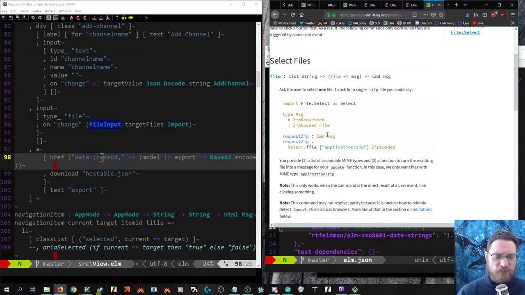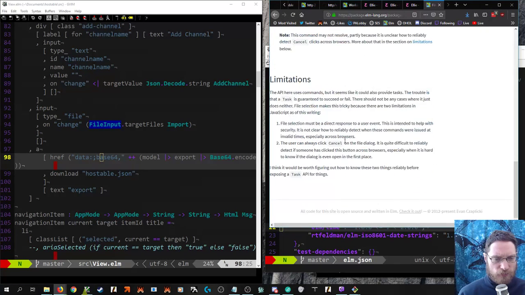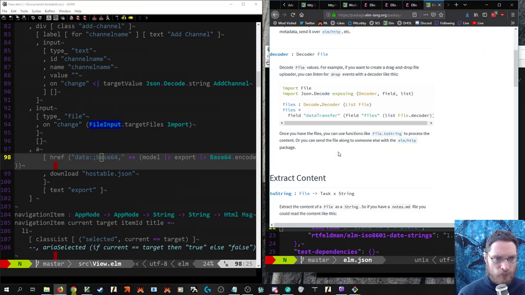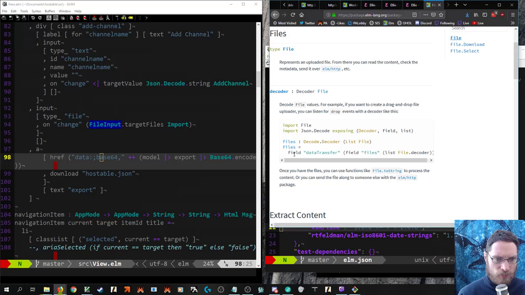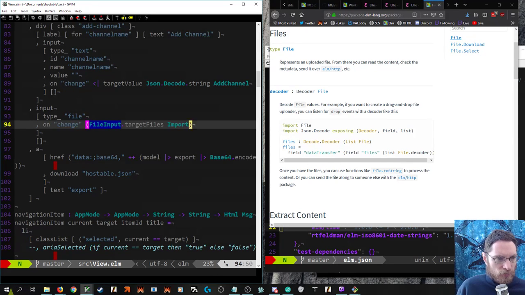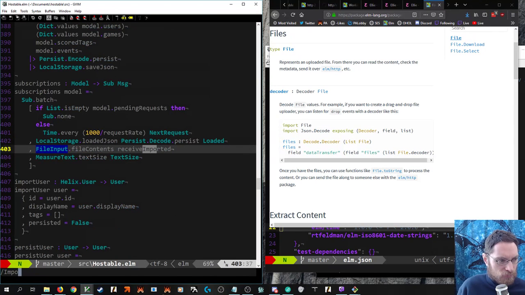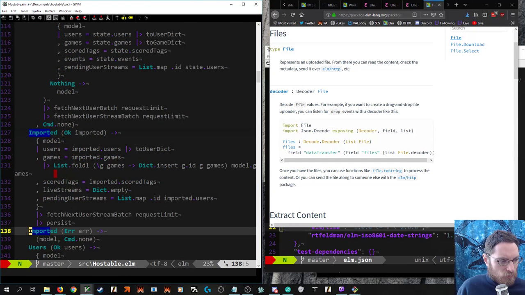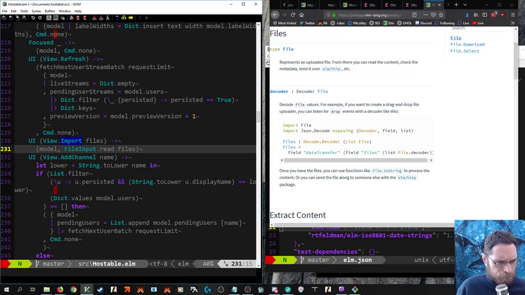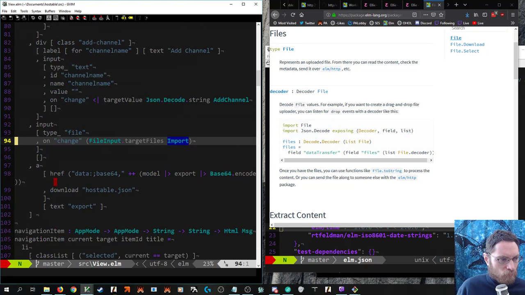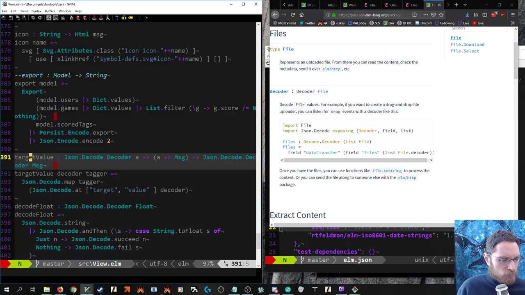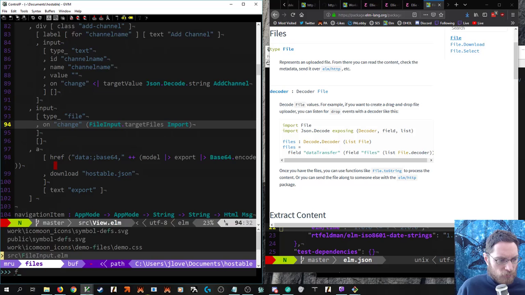This is a command, so this is an API to pop up the box. But the browser already has a file control, so we don't really need that. File.decoder, file input import, imported import view.import. So we get target value, is it file input target values,